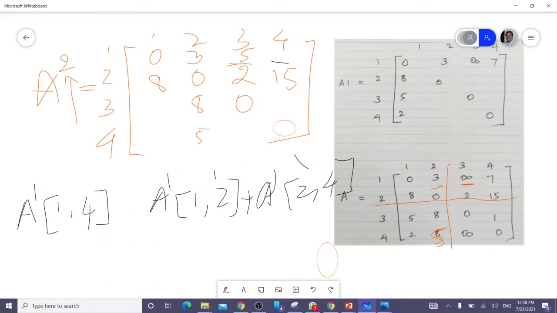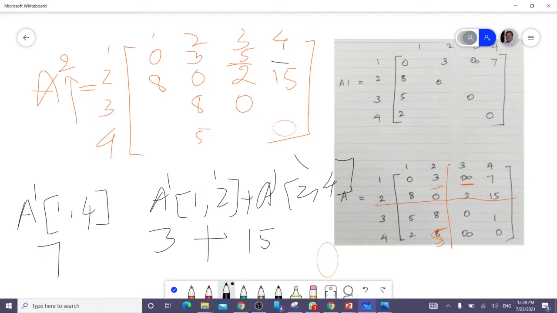A of 1, 4, the present value, is 7. A of 1, 2 is 3 plus A of 2, 4, which is 15. So you get 18. 18 and 7, which is smaller? 7 is smaller. You write 7 here.